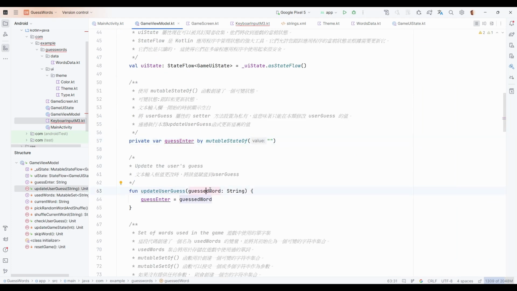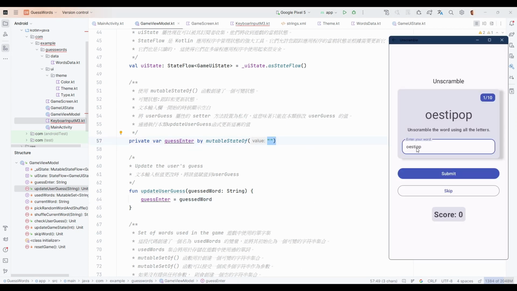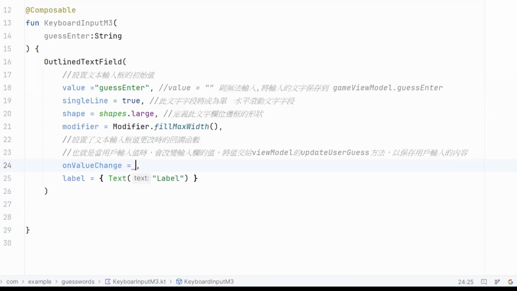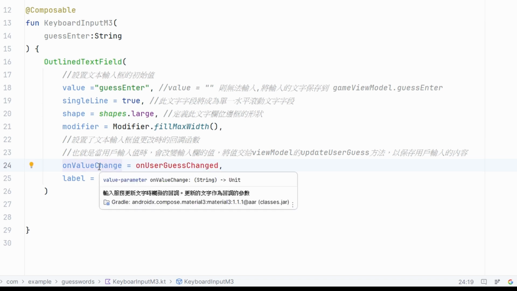GuessedWord passes the entered value. Then overwrite the blank value of GuessEnter. Then the input field will always display the entered word. The onValueChange type requires a function